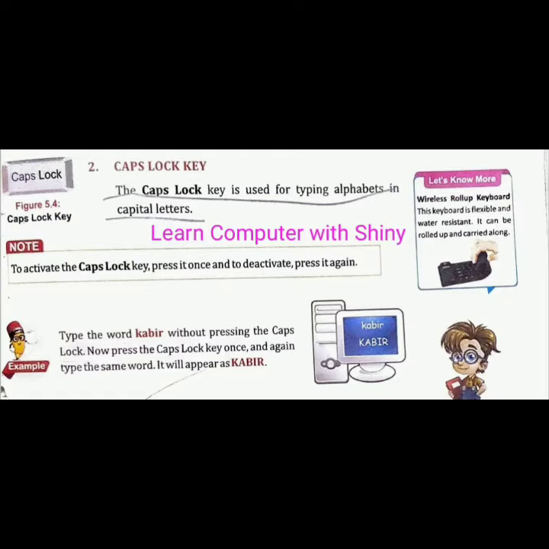Now see, the first word is in small letters, it is without caps lock key. The second word is in capital letters, it means we have typed it after clicking on caps lock key. So this way caps lock key helps us to type in capital letters.